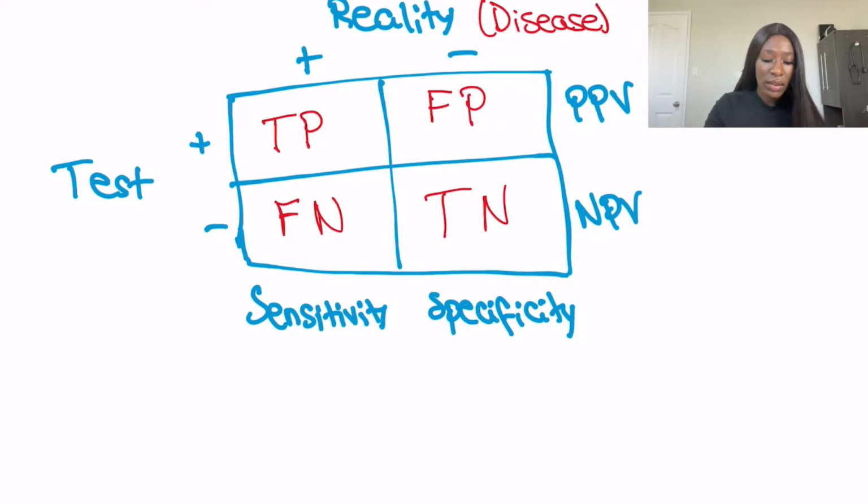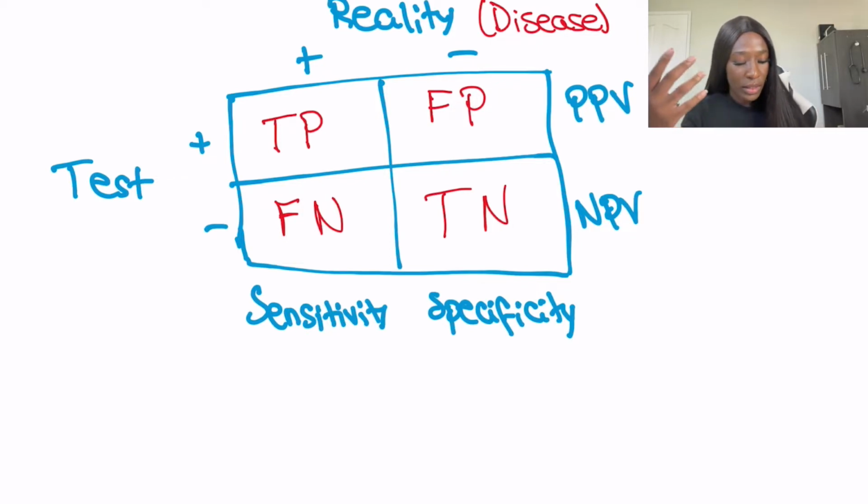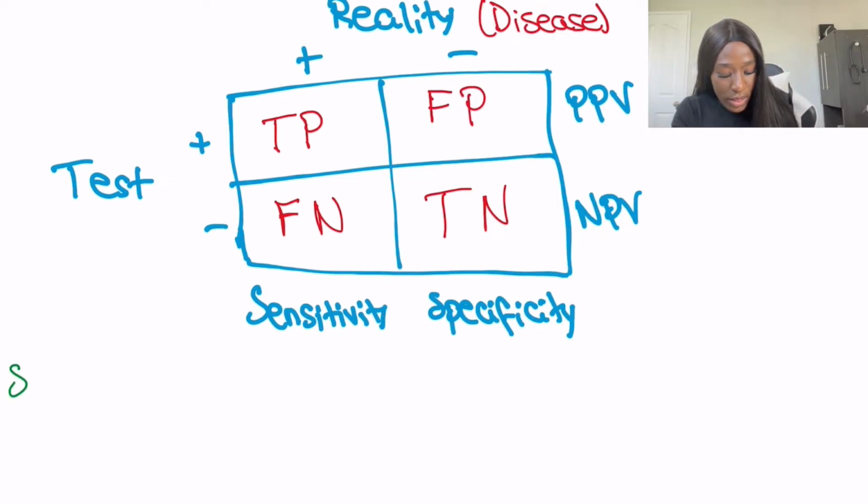Now let's get into the real meat and potatoes of everything. Let's solve for sensitivity, specificity, positive predictive value, negative predictive value. How are we gonna do this? I need you to pay a lot of attention. For sensitivity,